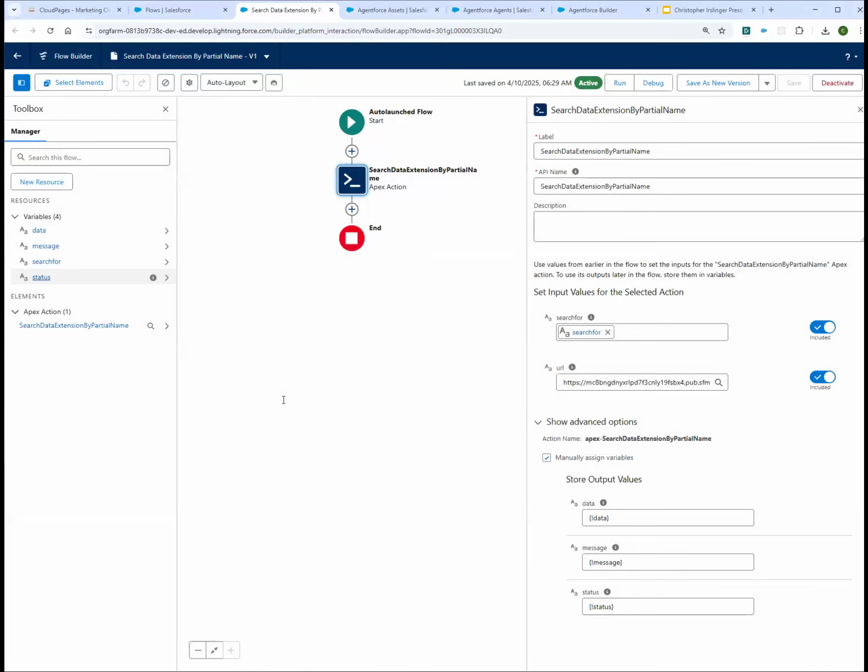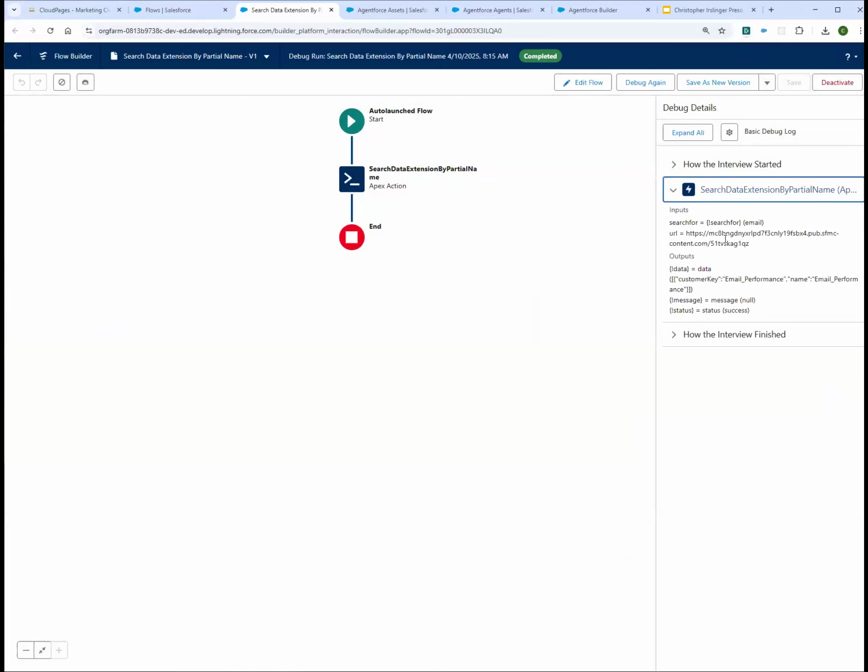And so we can see here that we filled that information out, and there actually was a response, with the customer key and the name of the data extension being the same as the customer key of the data extension. So glad that works here. You can see it working inside the flow. If we ran into issues here, we could debug it and make sure that this information is flowing through, no pun intended on the name of the product, but make sure everything works there. And then we know that this is working inside the flow.